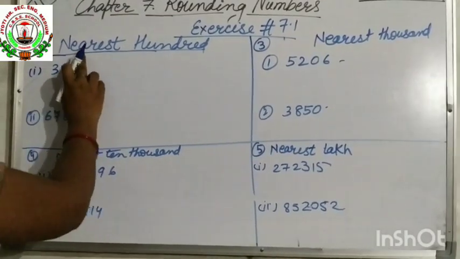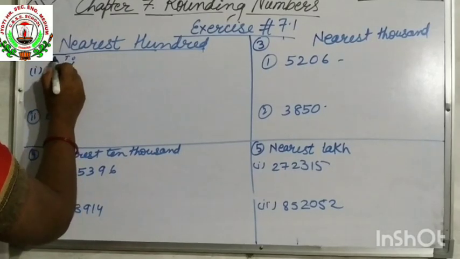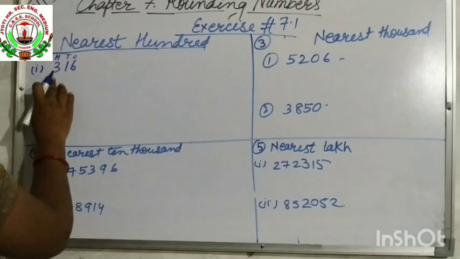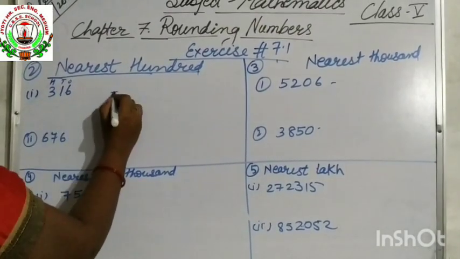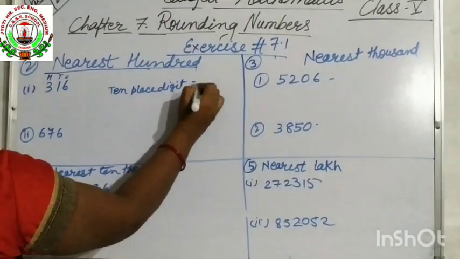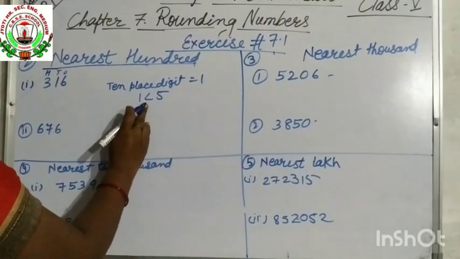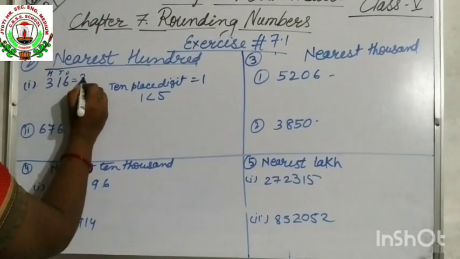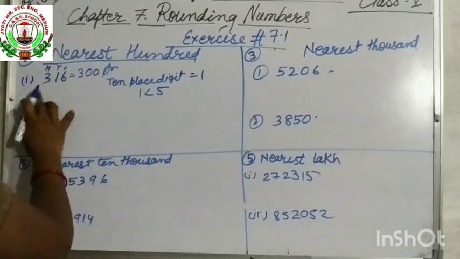Now next question is question number 2, nearest 100. In nearest 100, it is ones, tens, 100. I told you, when rounding the given number to the required place, we consider the next digit. So we will consider the tens place digit. Here the tens place digit is 1. So this 1 is less than 5. So if it is less than 5, you will write this number as it is. That means you will write 3 and both the digits will be 0. Understood? So it is the answer of number 1.